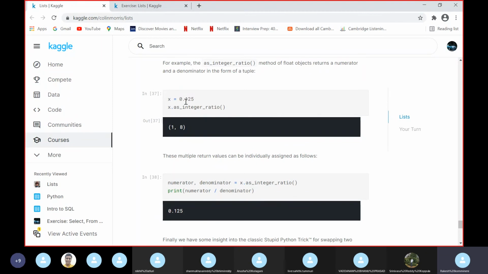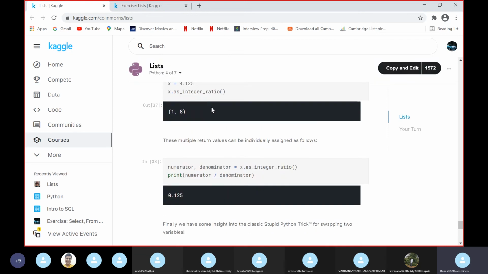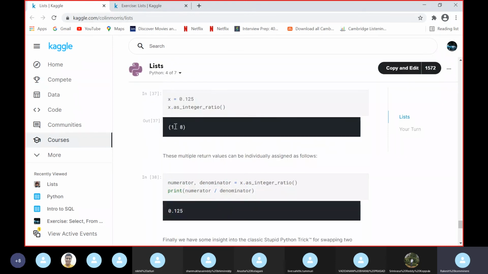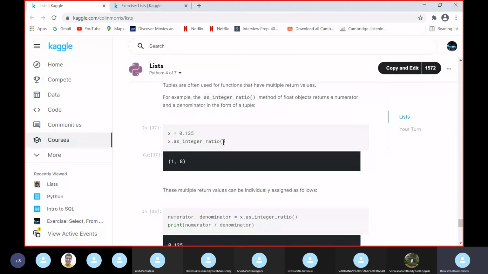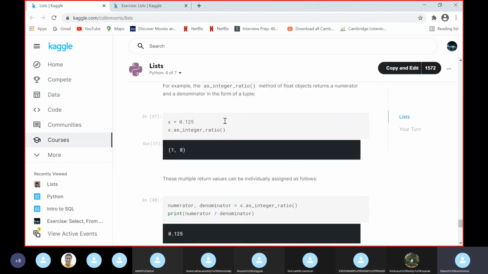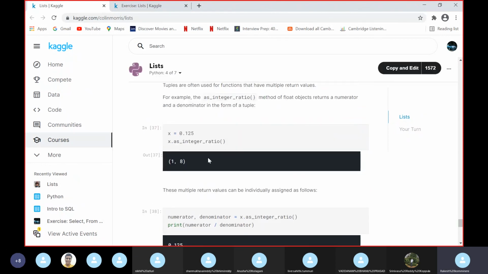We have assigned 0.125 to x, and calling this method x dot as_integer_ratio will return 1 comma 8, which is nothing but 1 by 8. 1 by 8 results in 0.125. So that's why they have written it here.